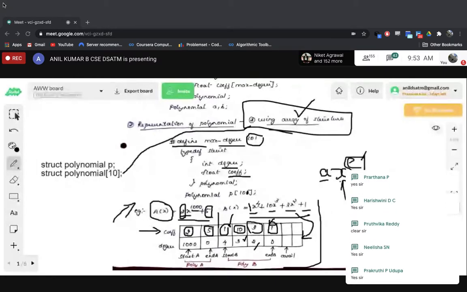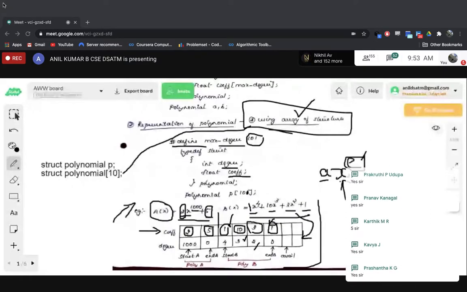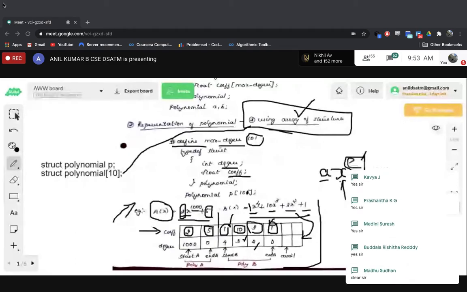If you know that only, then only you can perform the addition of polynomials. So that is some 6 to 8 marks they are going to ask in this question. It's a very easy concept since you people know the mathematical evaluations. So it's a very simple concept that you only have to represent in C programming. Okay, fine.